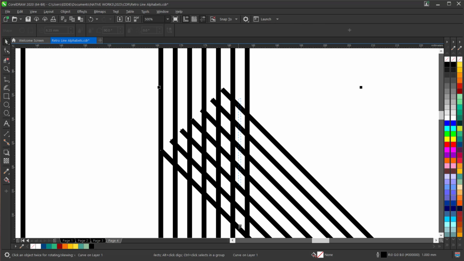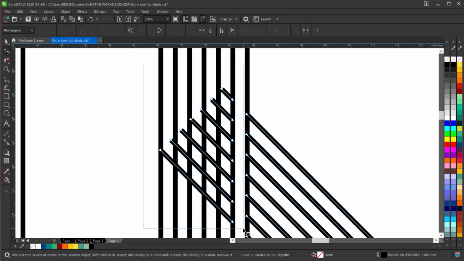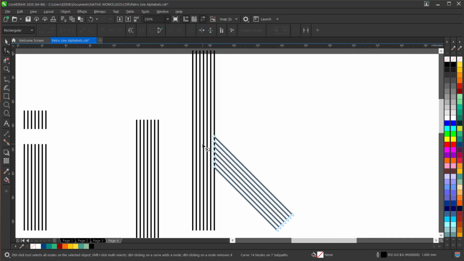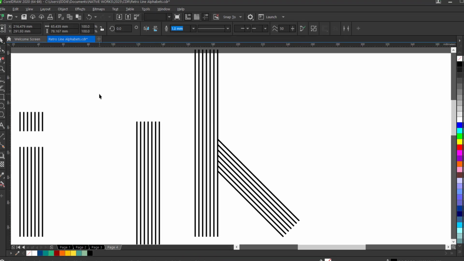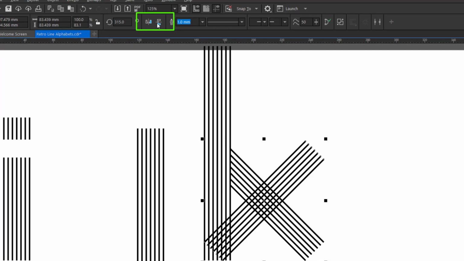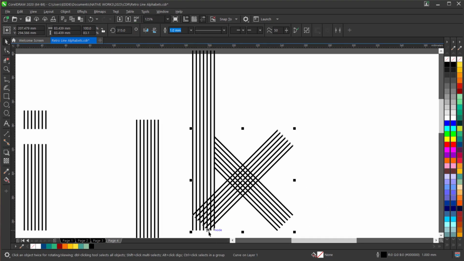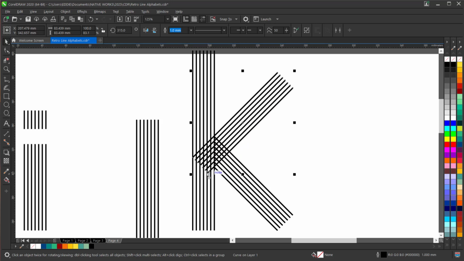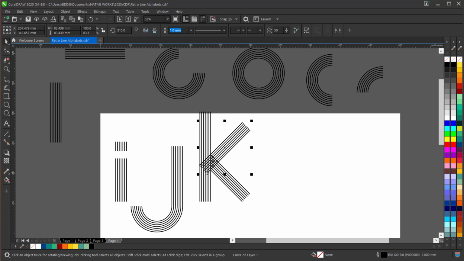Now with our virtual segment delete tool, let's delete the unwanted parts of our letter K. Using the shape tool, let's select the nodes of the unwanted parts and press delete. Awesome. Now let's make a copy of our diagonal stroke and position it as you see on the screen.